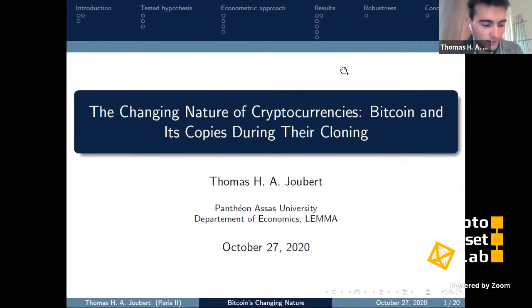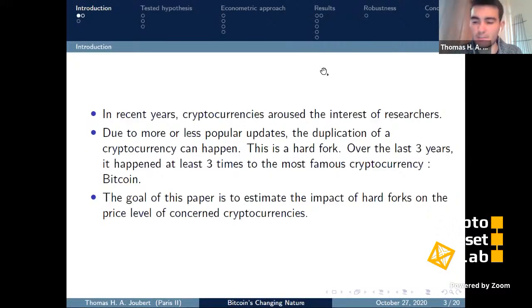So my study is comparable to the one of Eline. I am studying the return of cryptocurrency over the hard forks. The hard forks, let me explain it quickly. When there is an update of the Bitcoin protocol, then there can be some users that do not like it and choose not to use it. In this case, there can be two living versions of Bitcoin at the same time. One version that follows the update and one that does not.